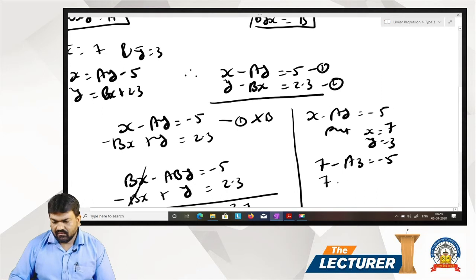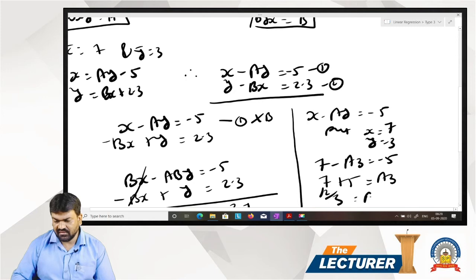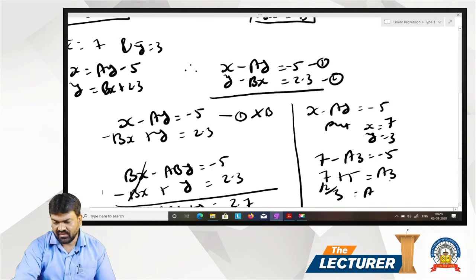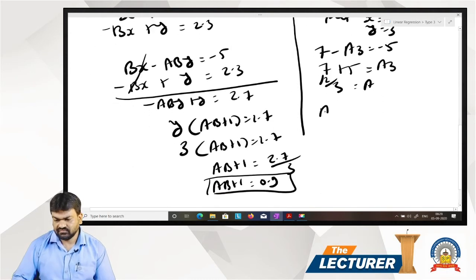7 minus 5, this side it will come so it becomes plus, a3 goes to the other side so it becomes plus. 7 plus 5, that is 12. 12 divided by 3 is equal to a. So a is equal to 12 by 3, 4. A is equal to 4. Same way